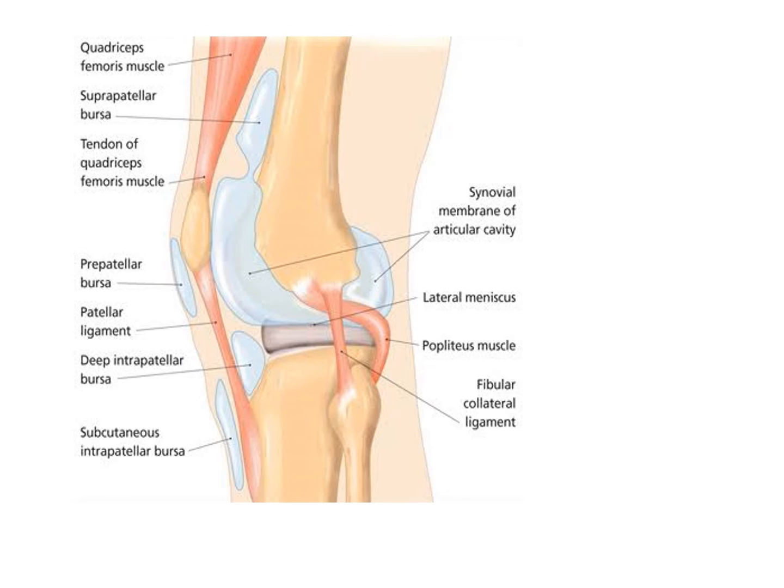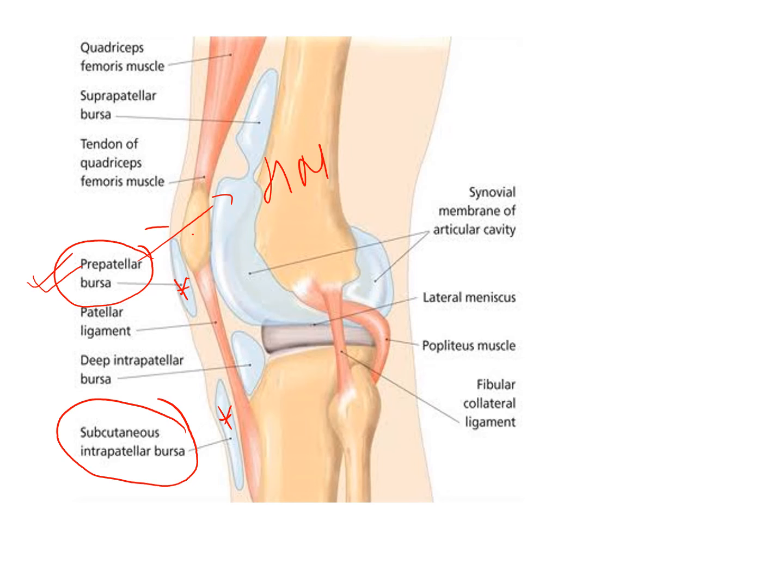Now we will discuss the bursas in relation to the knee joint. The most important bursa in between the skin and the patella is called the prepatellar bursa, and one more bursa, the subcutaneous intrapatellar bursa. These are clinically very important. We will discuss it later. Now you all would have observed housemaids when they kneel and mop the floor. Sometimes the prepatellar bursa gets inflamed and it is called prepatellar bursitis. It is also called housemaid's knee.